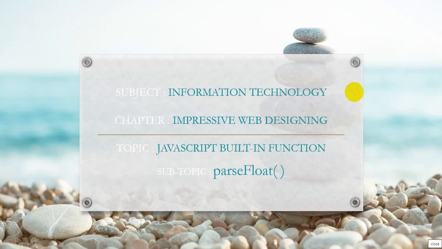But now we are moving towards some conversion functions. Like we have seen parseInt, in which we accept a value from the user and convert it into an integer value, that is a full number value. Now parseFloat is similar to your parseInt function, where we are going to convert your string value into a decimal value. Parse is nothing but we are going to analyze or convert into some type. Initially we have seen integer type, now we are going to see float type.